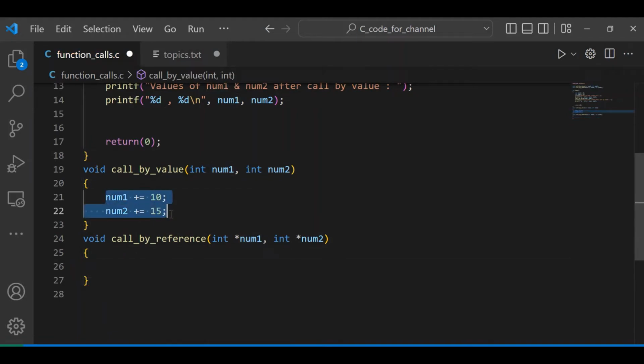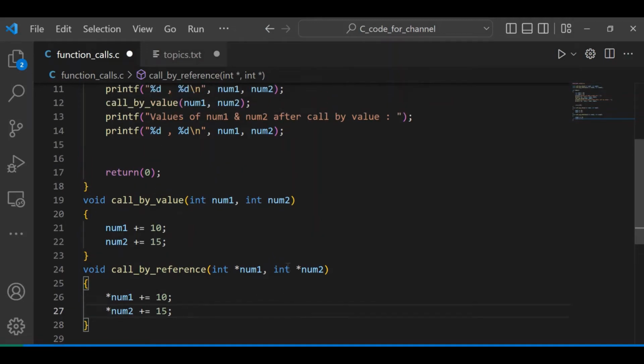We are copying the same code here, just using pointers. I'm using pointers here. Okay,